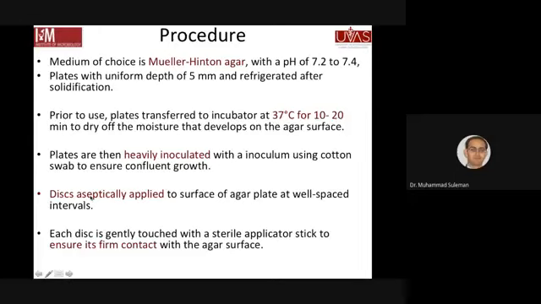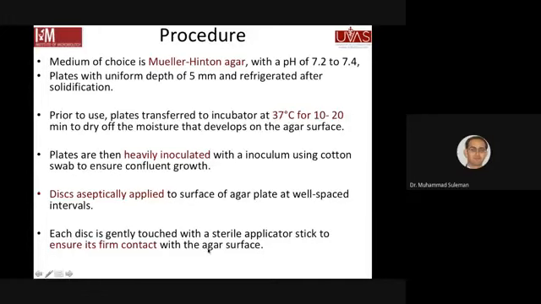And then afterwards, discs are aseptically applied to the surface of the agar at well-spaced intervals. फिर आपने उसके बाद आपने जो है वो एंटीबायोटिक की डिस्क जो है वो उसके ऊपर रखनी है एक एक करके. अगर आपके पास डिस्पेंसर है तो इकट्ठे रख देंगे. अगर आप 1 by 1 रख रहे हैं डिफरेंट टाइप्स की, तो आपने जो है वो बड़े ध्यान से एसेप्टिकली उसके ऊपर रखनी है. And after placing the disc onto the agar, you will have to make sure that you